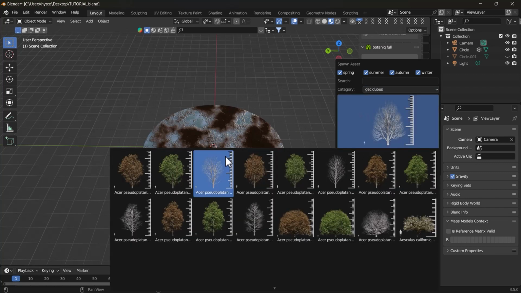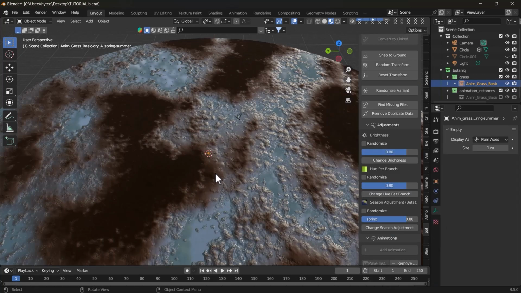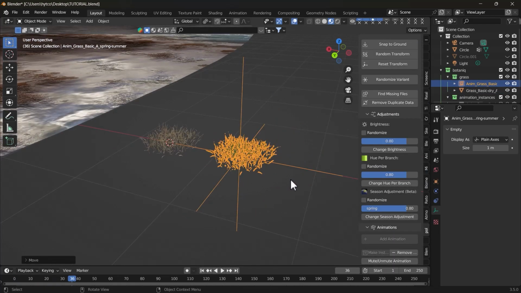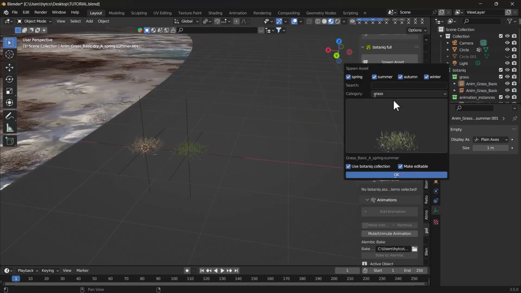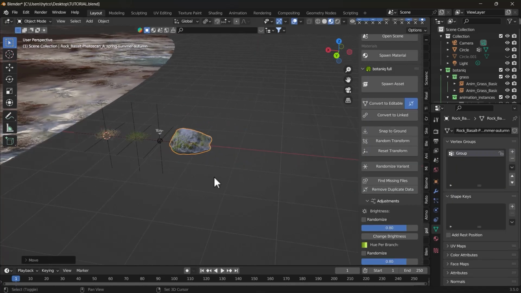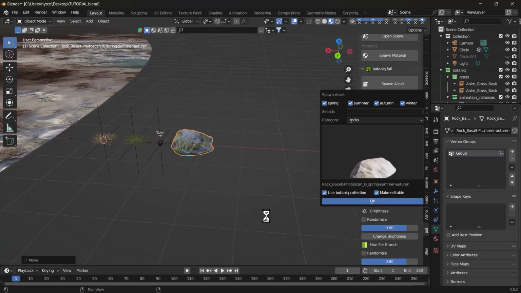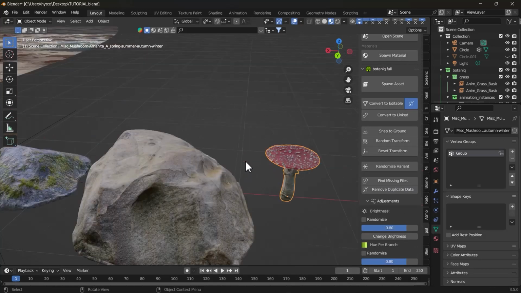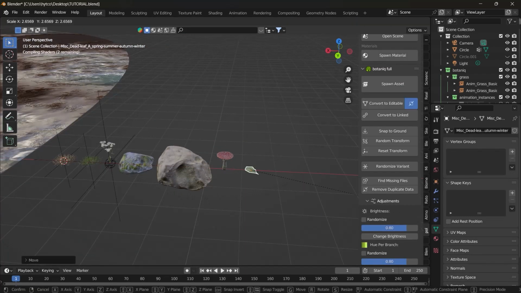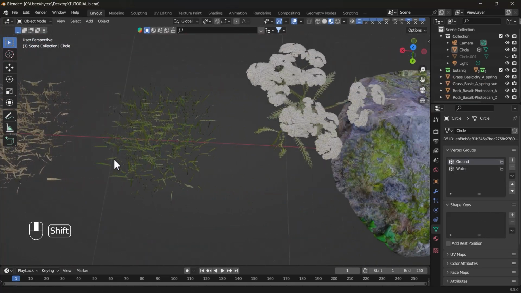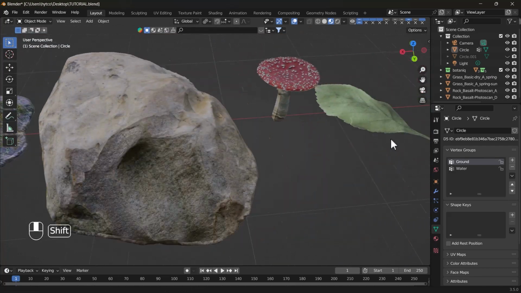Okay, so press N to open the N panel and you can see Polygonic. Just click on it and you can see Botanic. Under this, click on Spawn Assets. Now you can choose a variety of assets in this. Even the $2 trial version also has so much for you to play around with. Okay, so now I'll start adding all the required assets for this scene. I'll add 2 types for each thing. Okay, so you can see I've added these assets. 2 grasses, 1 flower, 2 rocks, 1 mushroom, and 1 dry leaf.